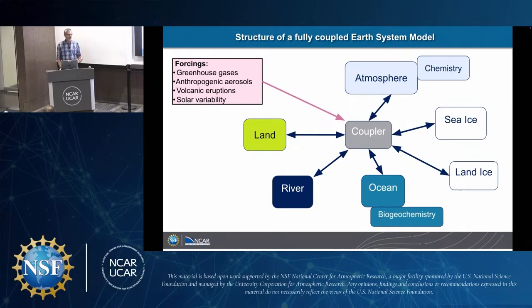So you would have an atmosphere model that would maybe have a chemistry model attached to it, a sea ice model, an ocean model with ocean biogeochemistry attached, a river model, a land model, and more recently, things like a land ice model, so you can model glaciers and ice sheets. And these models are all coupled together with a central, in our situation, it's called the hub and spoke architecture. So you have the centralized coupler,